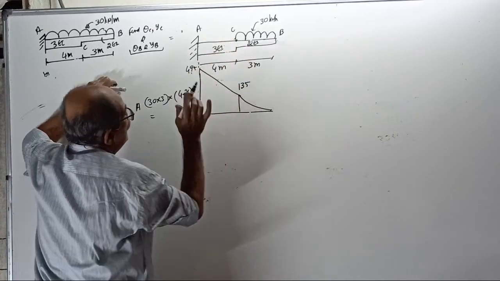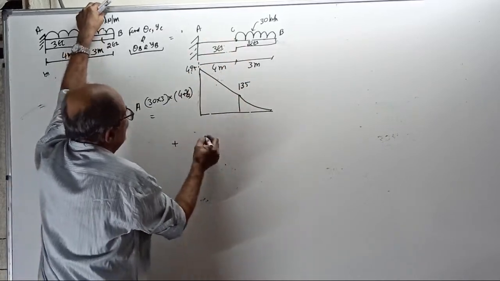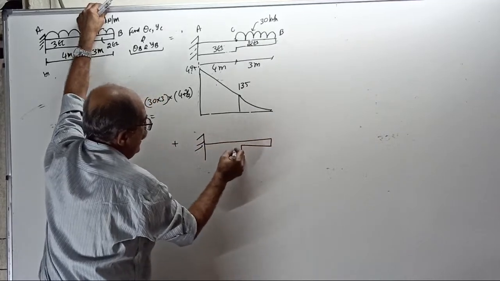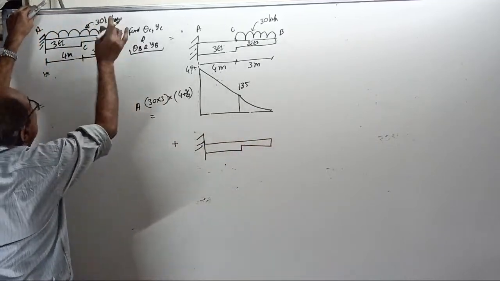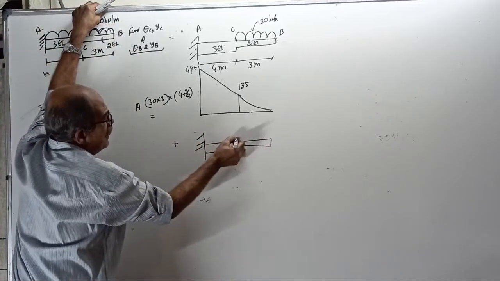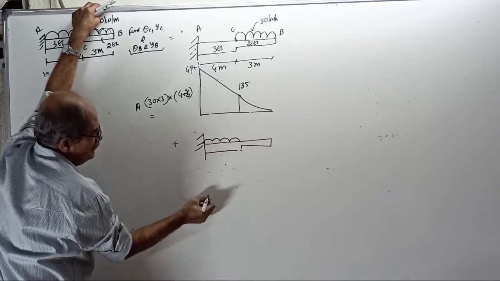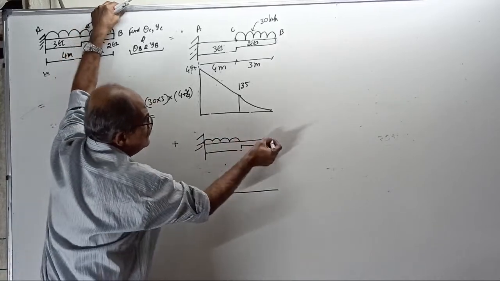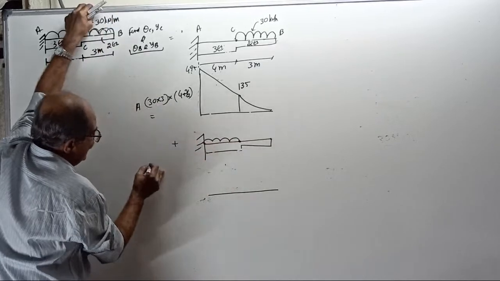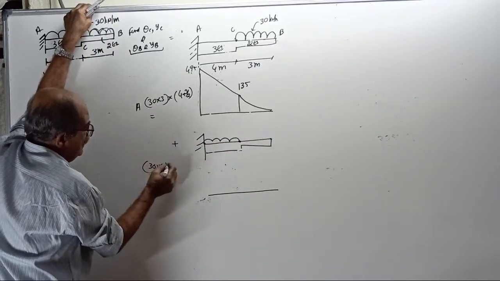Why? No load. Now consider another cantilever where we don't see that UDL. This much UDL is already over, and the remaining UDL is from here to here. Now the BMD will be 0 here, 0 here, and BM here is equal to 30 into 4 into 4 by